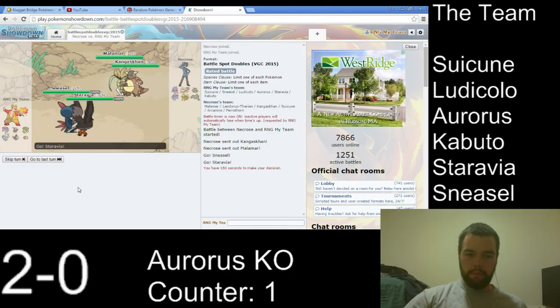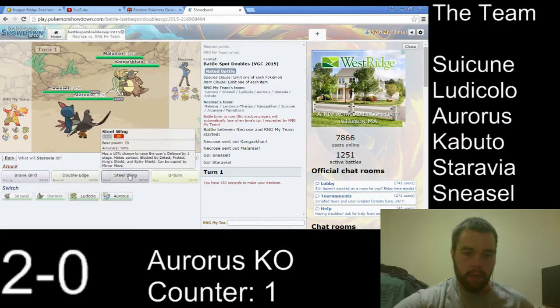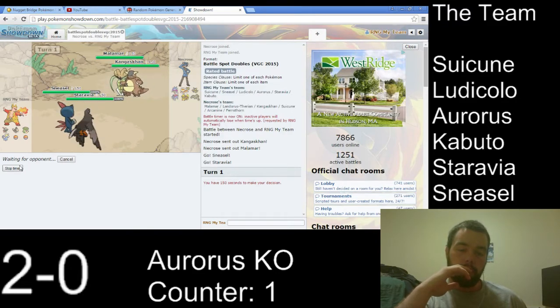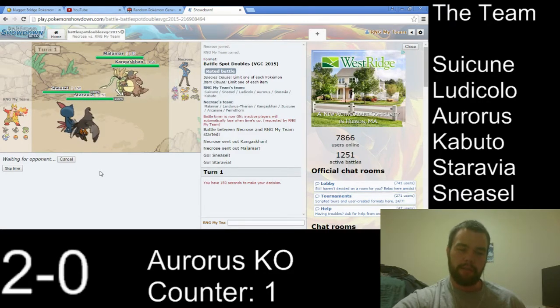Oh, beautiful. So that's a perfect lead for me. I can just Fake Out the Kangaskhan and U-turn and get out of here. And this is going to do a lot of damage to Malamar, especially because I'm Choice Banded. There's a good chance this could KO the Malamar, actually. What's my base? I'm at 139 attack, Choice Banded. This is 4 times super effective. And this would be awesome, because then I can switch in